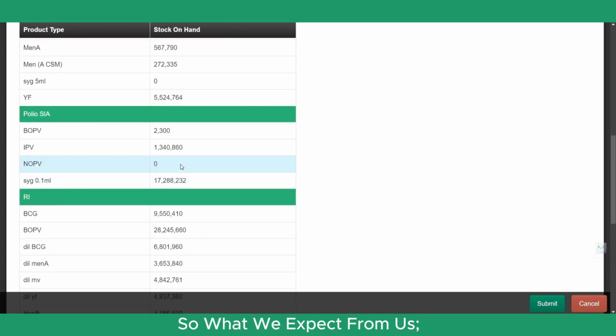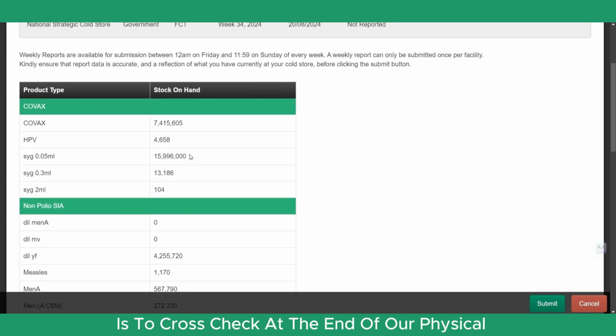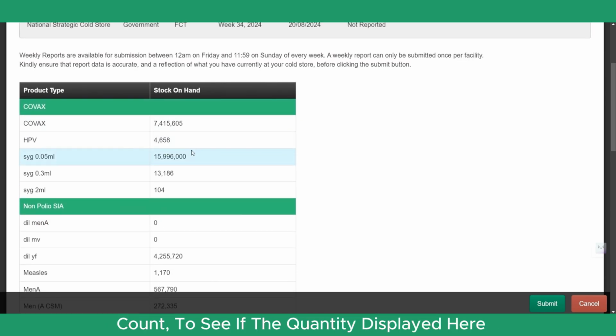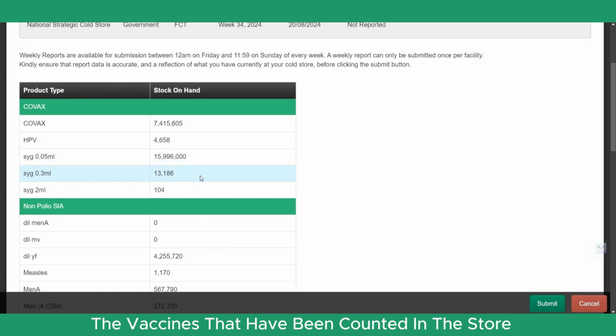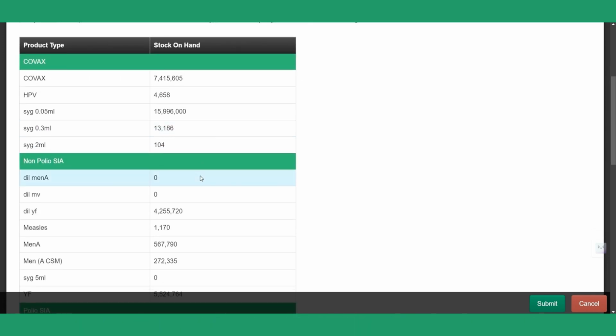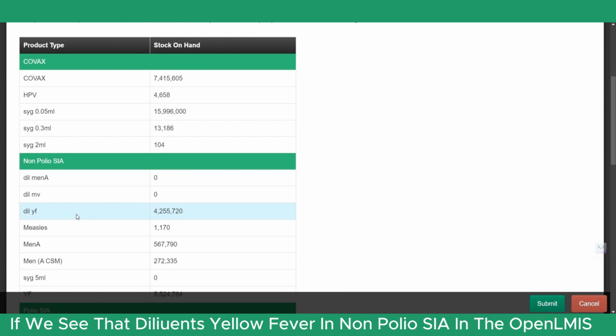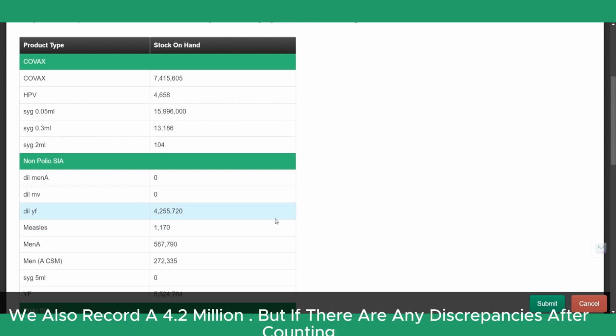So what we expect from us with our weekly report on a Friday is to cross-check at the end of our physical count to see if the quantity displayed there tallies with the sum of the vaccines that have been counted in the store. So when we finish our physical count, we've counted every batch, we've recorded them, and we've summed them together per program. We expect that when we come to our weekly report page on OpenLMIS, if we see that diluent yellow fever in non-polio SIA on OpenLMIS is 4.2 million, we expect that in our physical count, we also record a 4.2